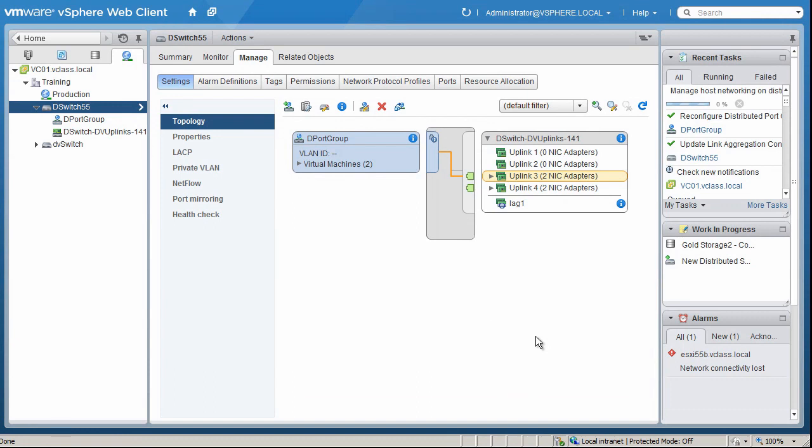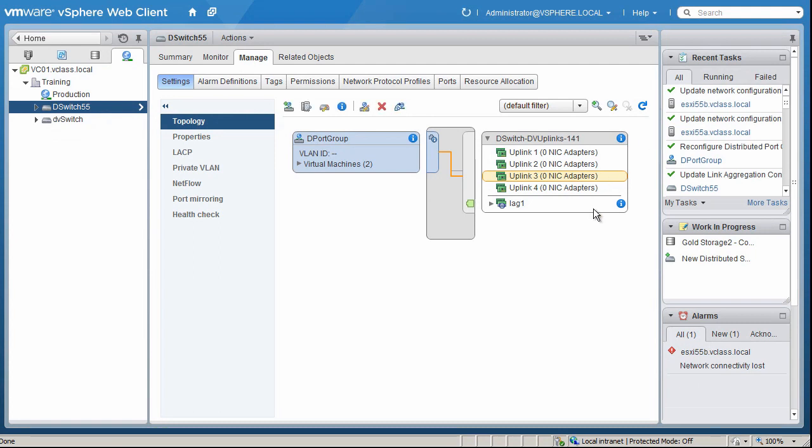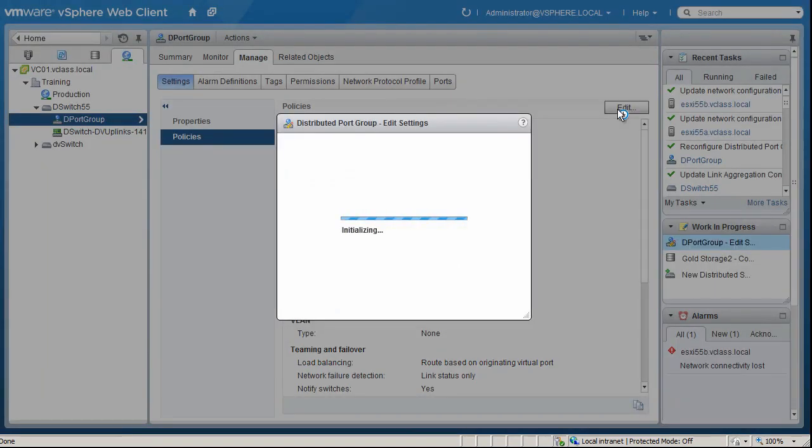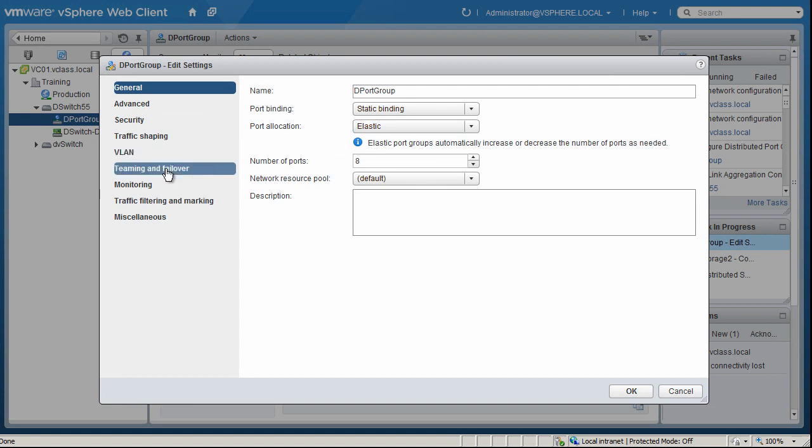Now watch the topology. Notice that Manage Host Networking is doing its thing, and it's done. And now I've got actually a hot connection on lag 1. But I'm not forcing the system to use it yet for that port group. So what I'm going to do now is go back to the port group settings, into the policies, and I'm going to go to teaming and failover,